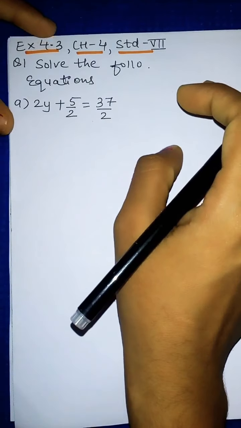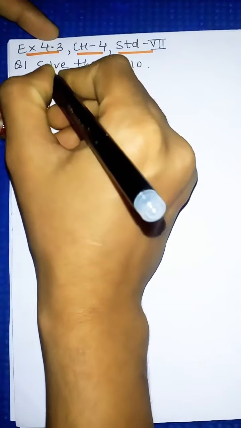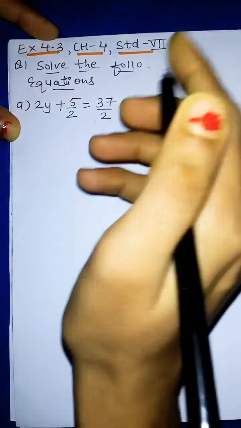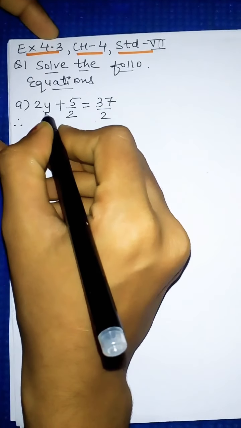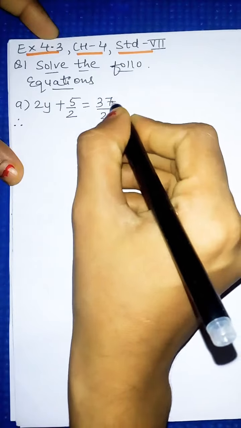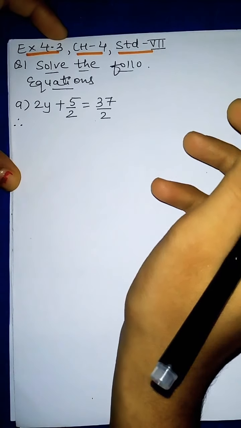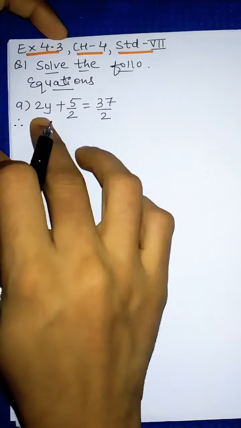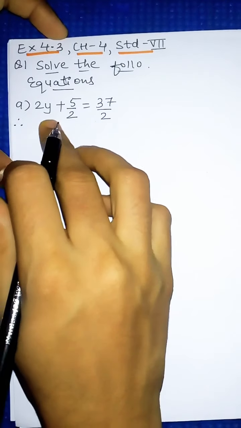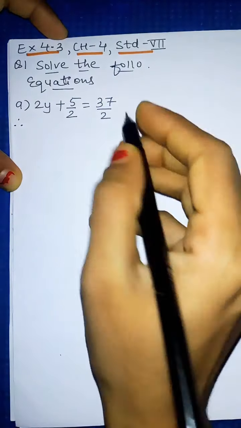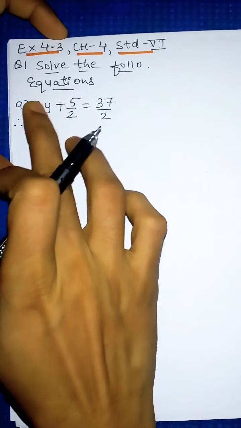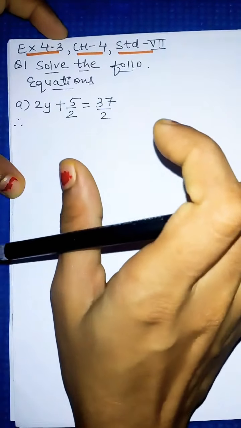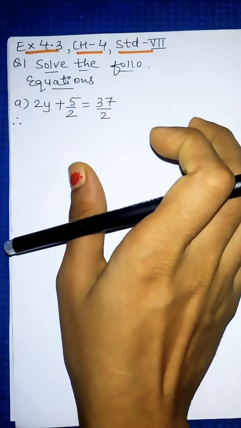So let us start. Our question number 1 is: solve the following equations. Again we have to solve this equation and find the value of the variable. So the first one is 2y plus 5 upon 2 equal to 37 upon 2. Now, for finding this variable y, we need to remove this 5 upon 2, and secondly we need to remove this 2. So both these parts we need to eliminate, then we will get